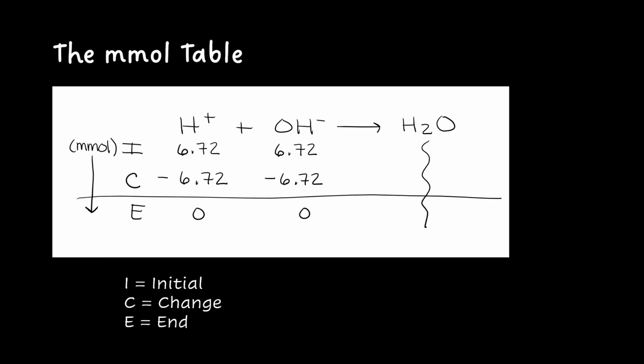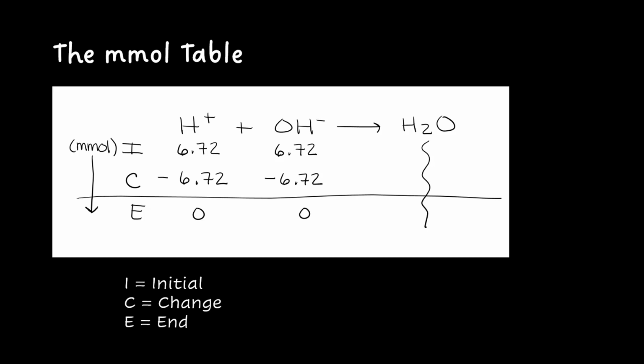The reaction at the top shows the net ionic equation for our strong acid titration reaction. Our acid, H+, reacts with the titrant, OH-, or hydroxide, to form water. The water is not part of the calculation, so we draw a line through it to remind us just to ignore it. The rows correspond to the amounts of H+ or OH- involved in the reaction. I is initial, which is what we're starting with in this particular situation. C is change, where we subtract the lower initial amount from each reactant, and E is end, which is what is left in solution after the acid and base have reacted.